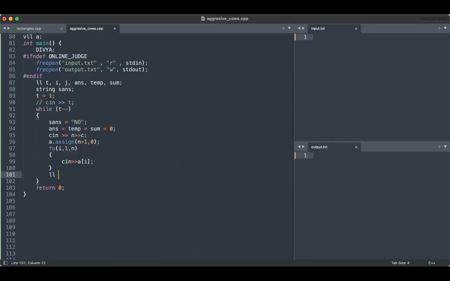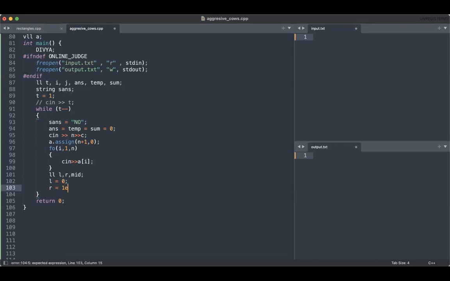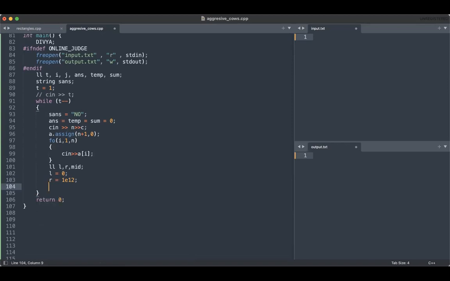So now with that done, let's go ahead and try to solve this problem. Again, I need to initialize the values of L and R. Obviously, if L is equal to 0, then I know that a distance of 0 is always good, so I can just initialize L to be 0. Similarly, I can initialize my R to be around 10 to the power 12. It doesn't really matter much. Then again, I will try to maintain some invariants. This time the invariants are going to be simple: L is always true and R is always false. Right? So this is the invariant here.